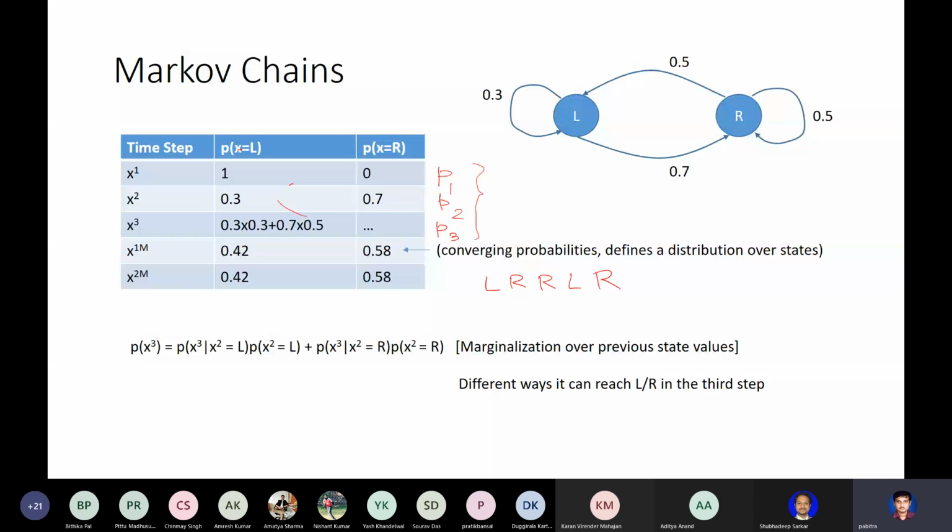And how they are evolving? By this simple calculation, you just need to find the probability in the previous state, and from that, since you know the transition probabilities, you can get the probability for the next step. I think this is clear. I am not explaining anymore how I have calculated this.